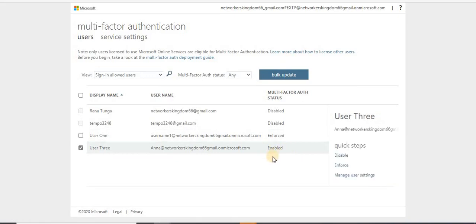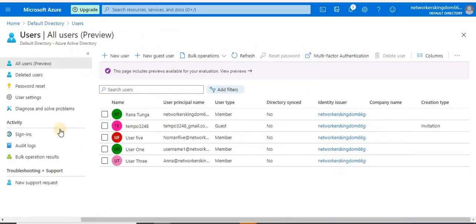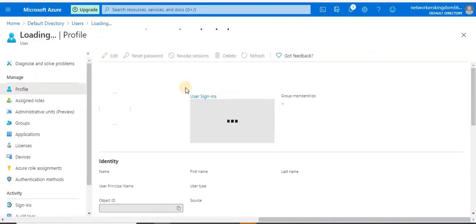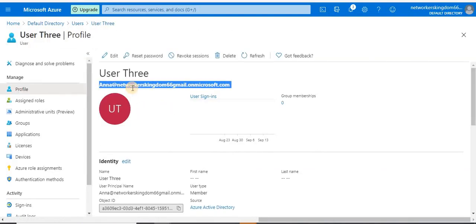So what is the difference between enabled and enforced? With this user, I have not logged in yet, so let's check it. Let me move back, click here, and copy this username.